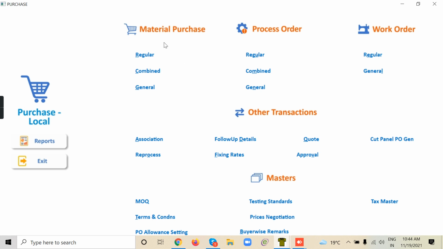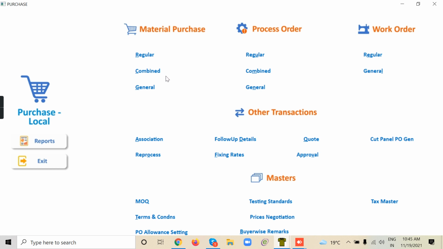This is the further categorization of the purchase orders. If the PO is made with only one order's requirement, it is regular. If two or more orders require the same item or different items from one supplier, that will be a combined purchase. If you are going to buy material for one order or multiple orders, same item or different items, from the same supplier, that is combined.